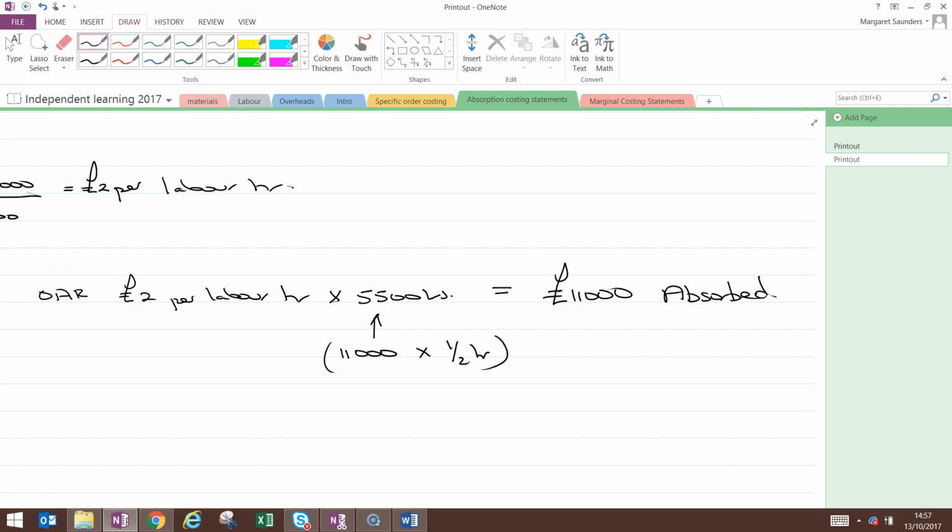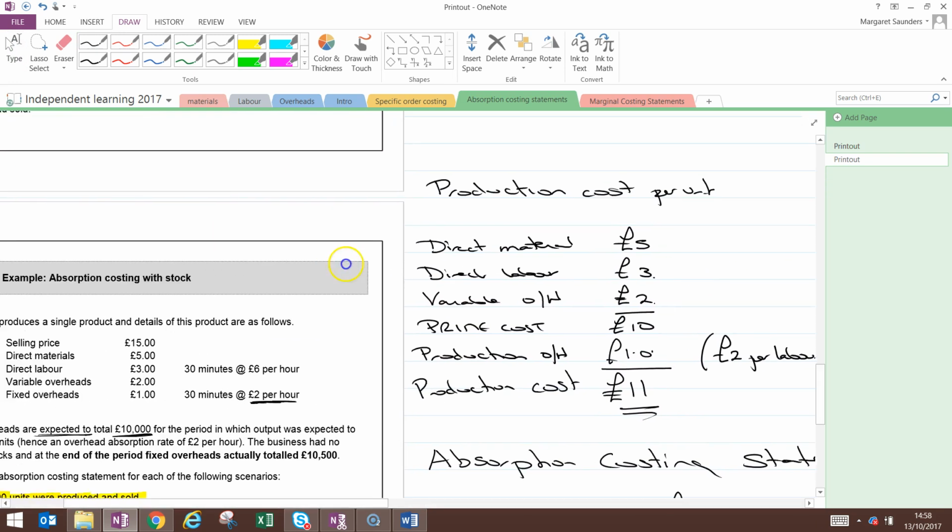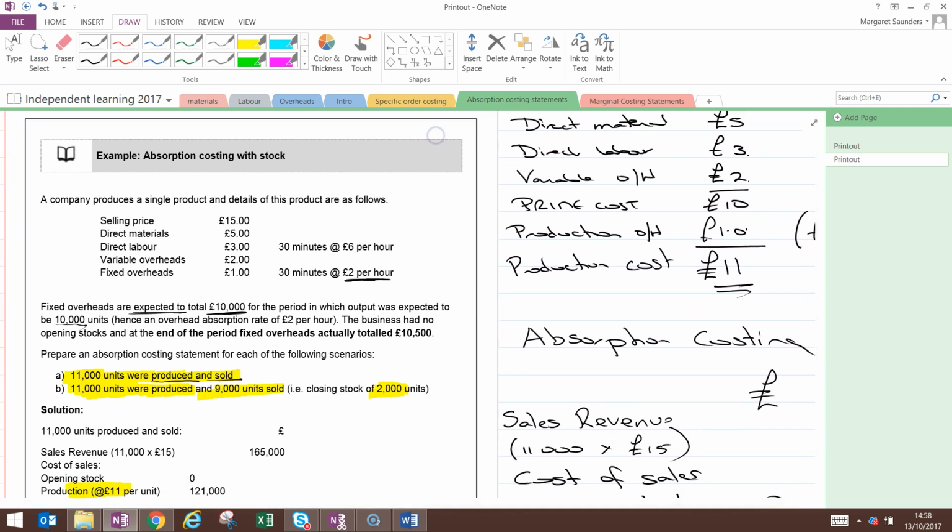Have we been given that information? We have: at the end of the period, fixed overheads actually totalled £10,500. So we have over absorbed